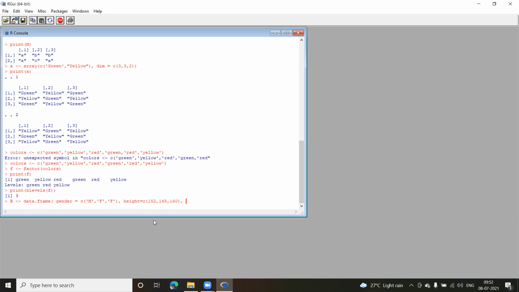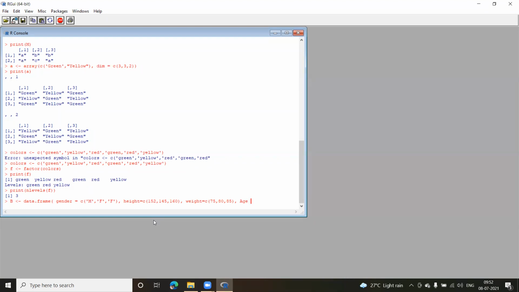Comma, next I can give the weight. So weight equal to, again use c to combine the values. Let us say 75, 80, and 85. Complete this round bracket. And the last one, I'll keep the column as age.